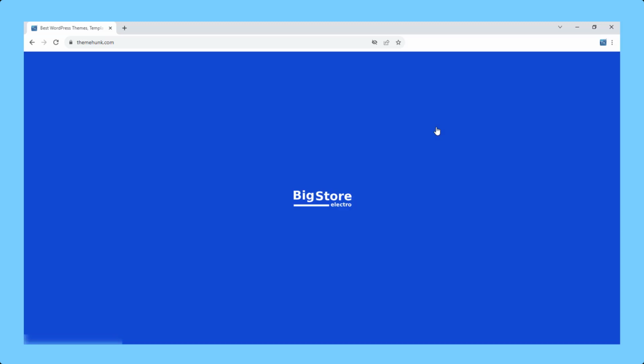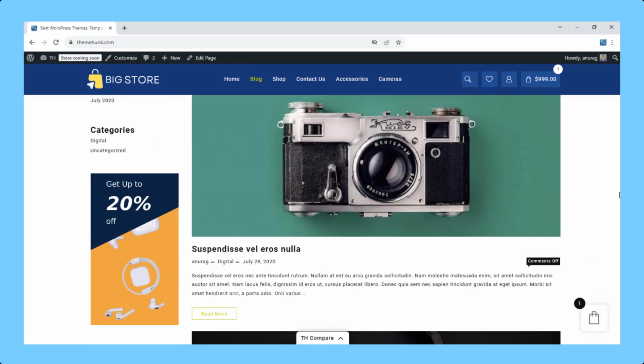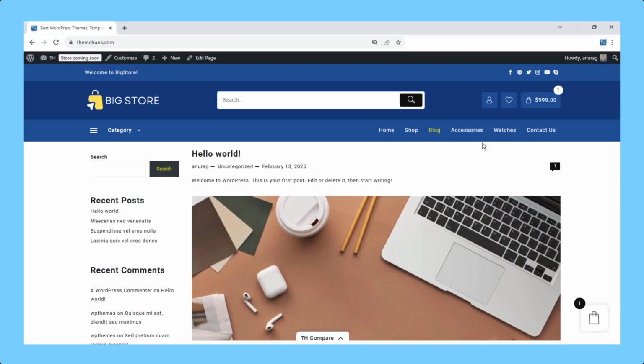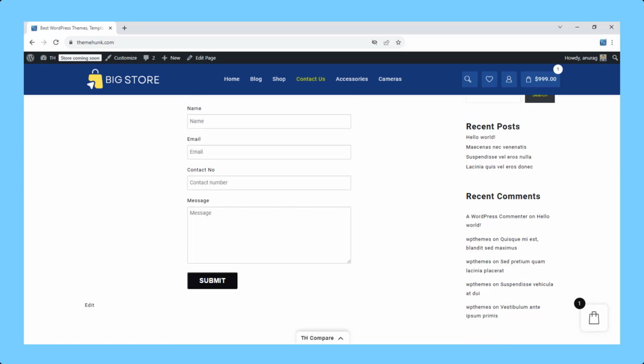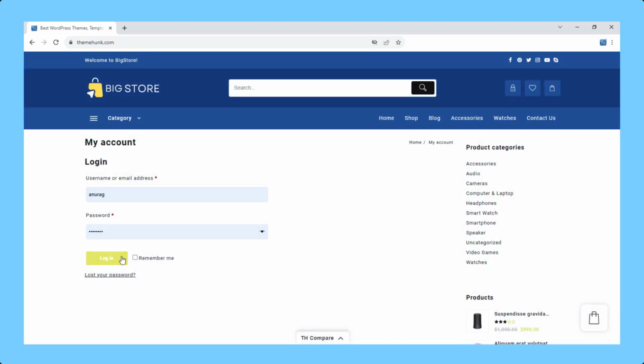This is the blog page. If you write blogs, then they will appear here with their featured images. These both are product category pages where you will find specific products belonging to that category only. On the contact us page, there is a contact form by filling which users can contact you. This icon lets the users register and log into your site.